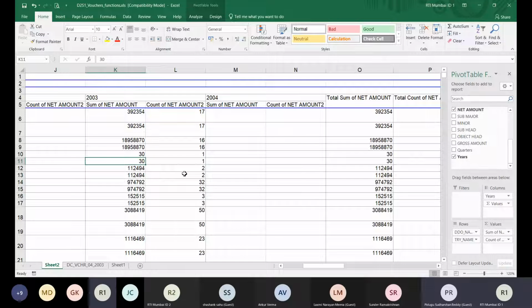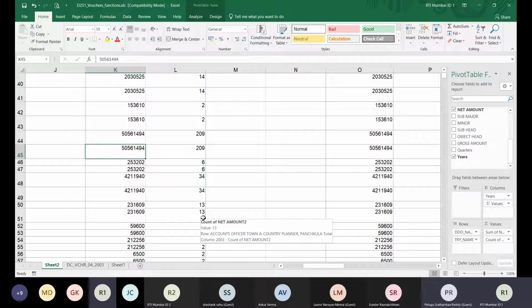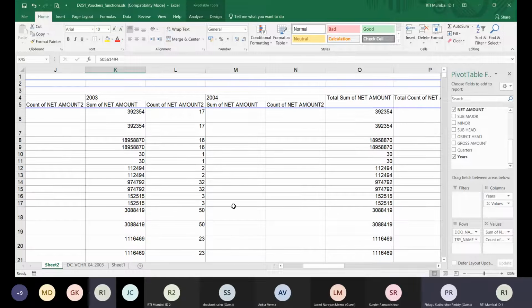ये सब आपको मिल जाएगा। अभी ये नंबर मिलेगा और अमाउंट मिलेगा, तो काउंट भी मिलेगा और आपको सम भी मिलेगा। और सम के साथ में अगर आपको और भी कुछ चाहिए तो वो भी आप ले सकते हैं। समझो कि आपको उसका ये सम के बदले में, अगर आप उसमें देखेंगे तो एवरेज ले सकते हैं, मैक्सिमम ले सकते हैं, मिनिमम ले सकते हैं। तो आपको इसमें जो भी लिस्ट में अवेलेबल है, वेरिएंस है, स्टैंडर्ड डेविएशन है, तो ये सब आपको मिल सकता है। नॉर्मली हम लोग सम लेते हैं या मिनिमम मैक्सिमम चेक करने के लिए लेते हैं